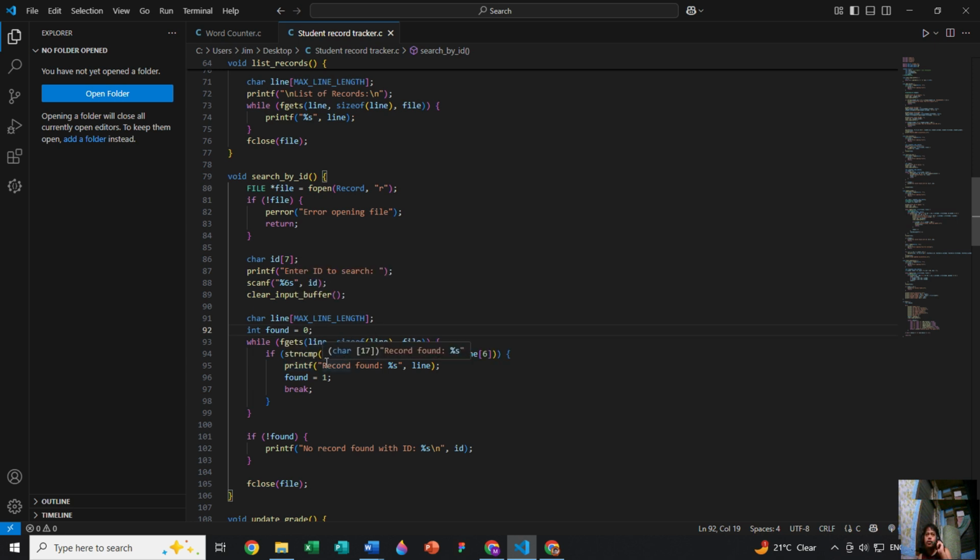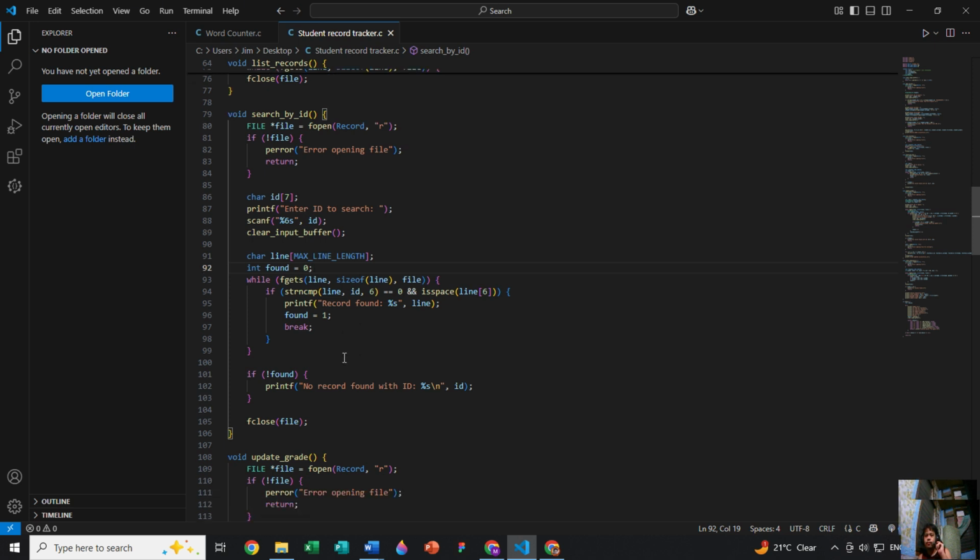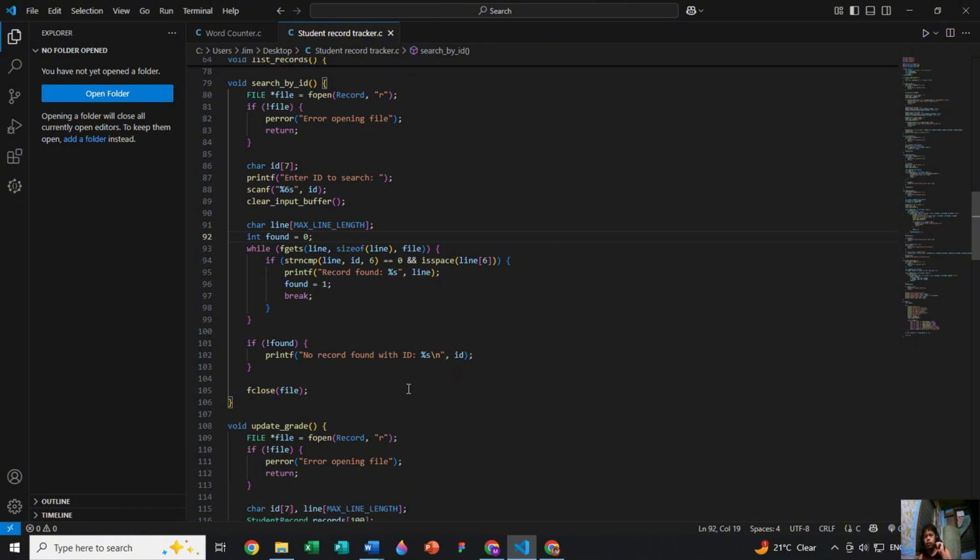Like, if the student has 1, 2, 3, 4, 5, 6 as their code, it will then compare the inputted ID of 1, 2, 3, 4, 5, 6 that was inputted by the user, and if it does match, it will then display the information of said student, like the name and grades. If it's not found, then there will be an error. The file will then be closed.